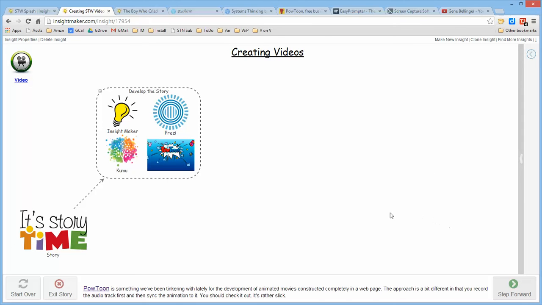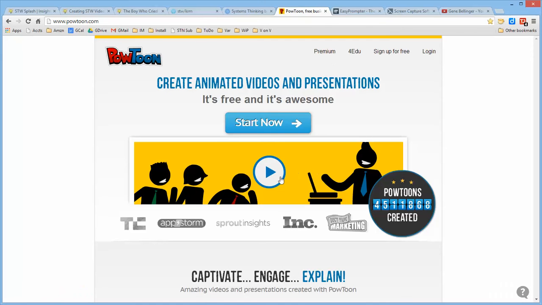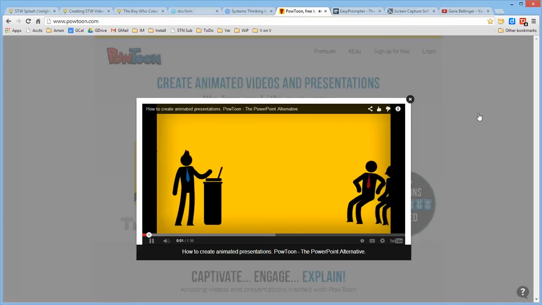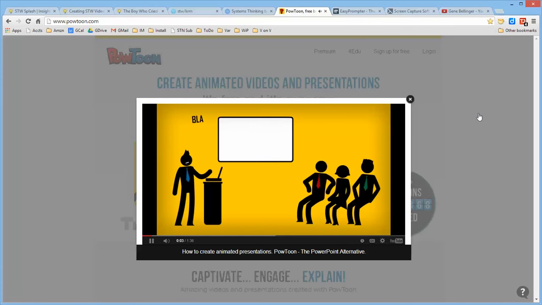And the thing that I'm really fascinated with at the moment that I've been playing with lately is something called Powtoons, because rather than simply unfolding the pieces of the story, it actually allows you in a web environment to build this interactive